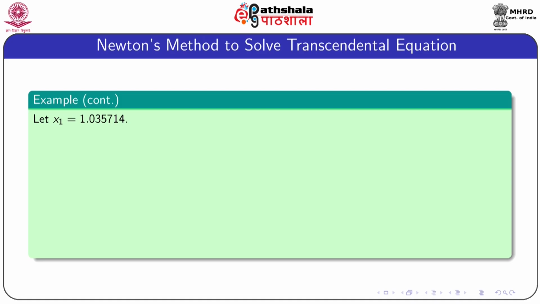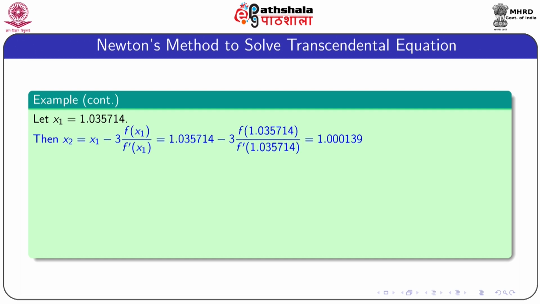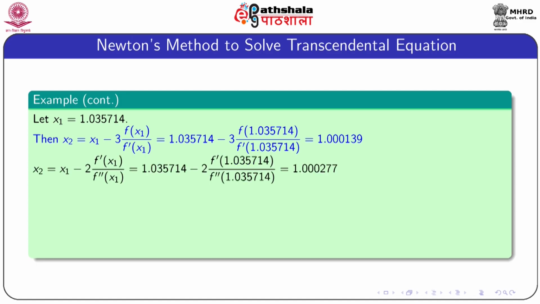So, consider the first approximate value of the root x1 equal to 1.035714, and using this value the second approximated root, that means x2 equal to x1 minus 3 into f of x1 by f prime x1. This is the first formula to get the second approximate root x2, and which is equal to 1.000139,